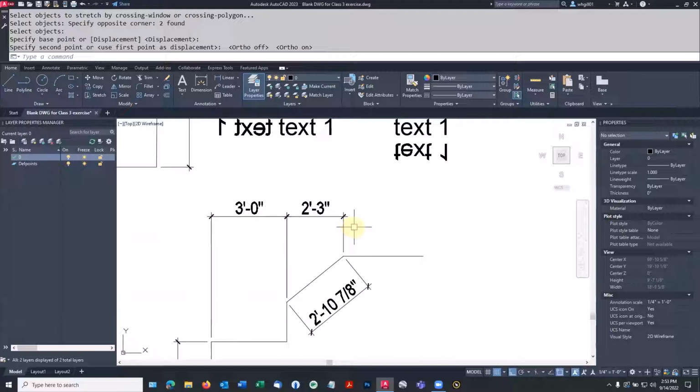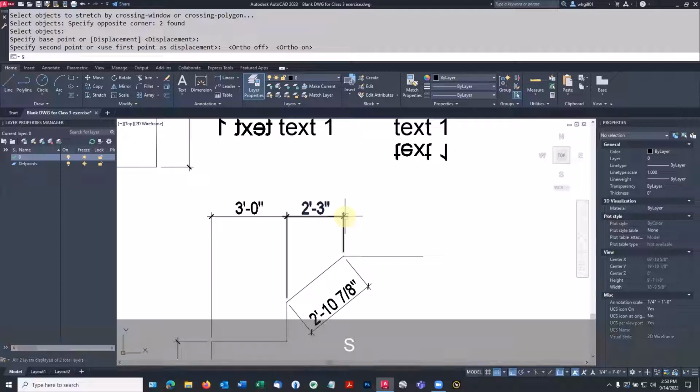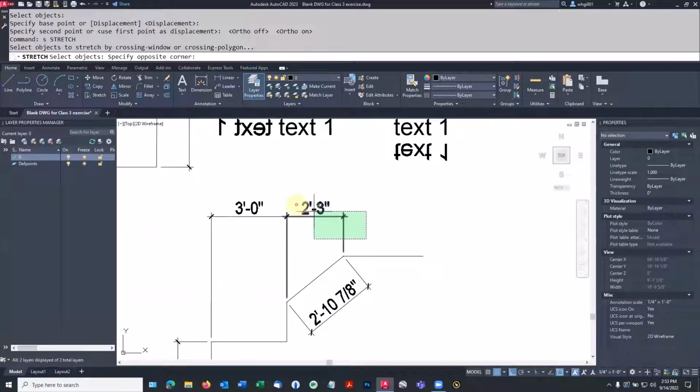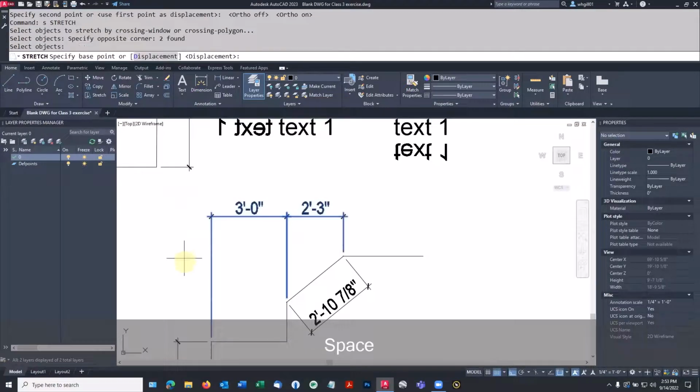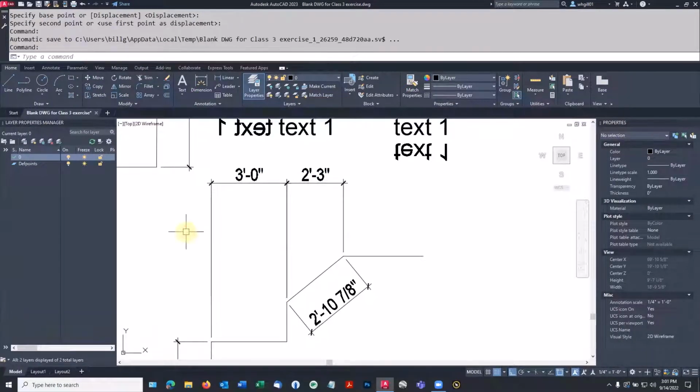To repeat, anything you want to stretch needs to be inside that crossing window. So stretch, click, click, drag. Okay,